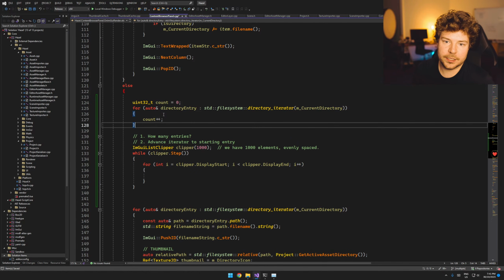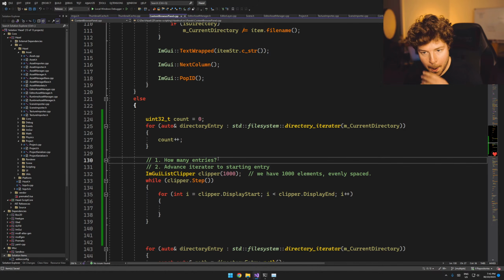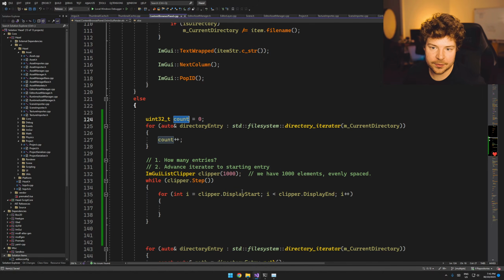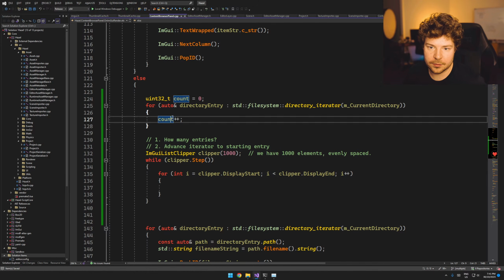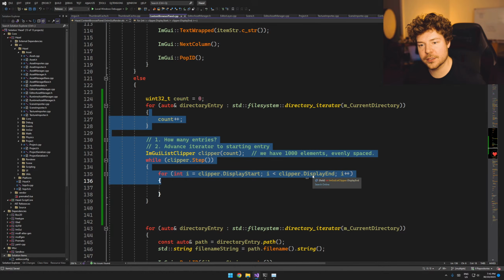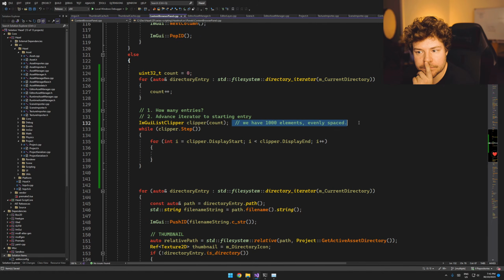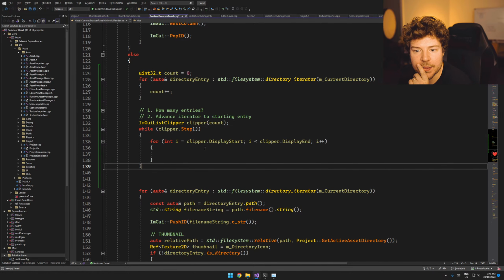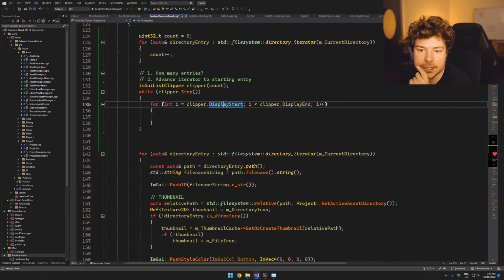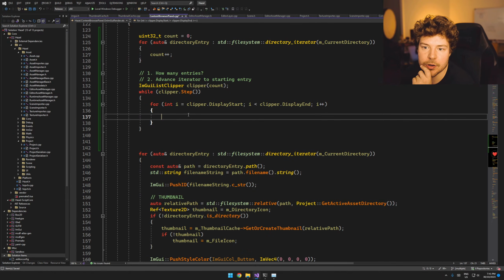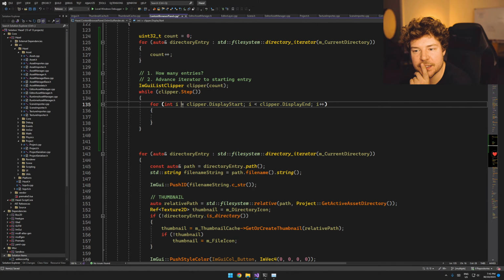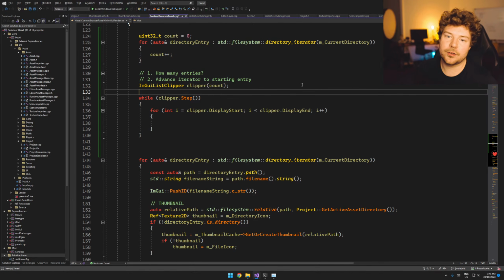I don't generally like one-line for loops. And that will obviously give us our count. Let's just do it this way first, and then we'll see if we can make it a bit better. So the first time this runs, it's definitely going to display the first element. And this is always going to be contiguous as well, so we probably don't need to do this specifically. So it would probably end up being something like,